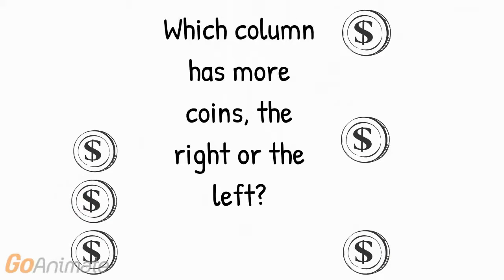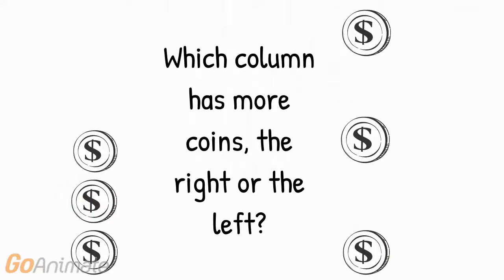Children in the pre-operational stage may say the side on the right has more coins than the side on the left, even though they both have the same number of coins. Children in the pre-operational stage have trouble distinguishing between quantity and appearance. And this is one of the biggest factors between pre-operational and concrete operational. This task is one of the variations of the conservation task, which assesses whether a child is in the pre-operational or concrete operational stage.